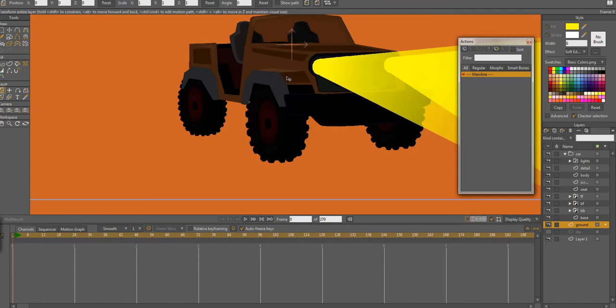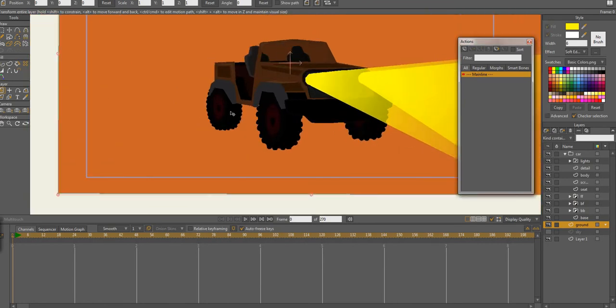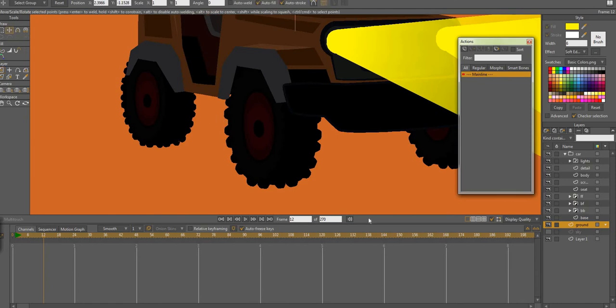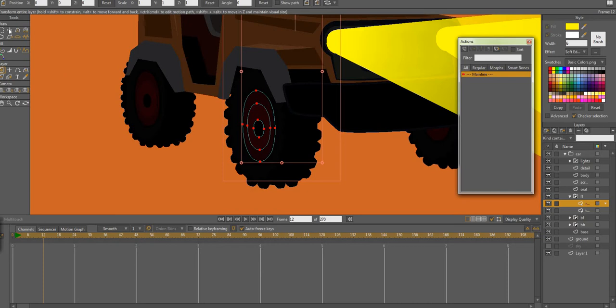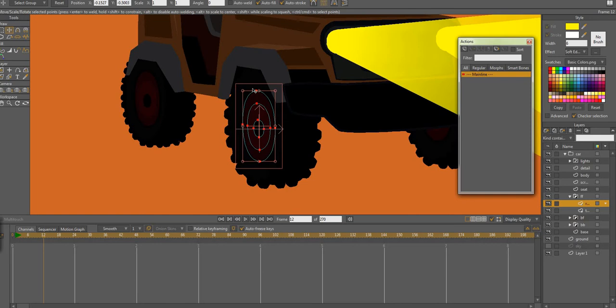What I'm going to show you in the tutorial is how to animate this. So firstly, let's start with the wheels. That is the main thing really. I'm going to go to 12. And then what we're going to do is go into the wheel layer, and then we're going to have a little